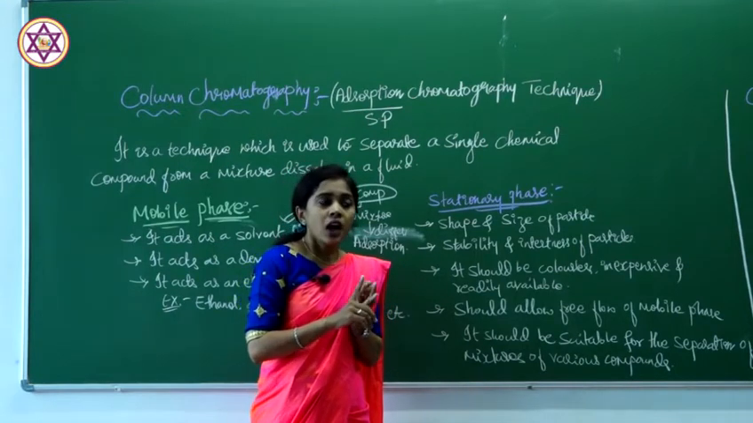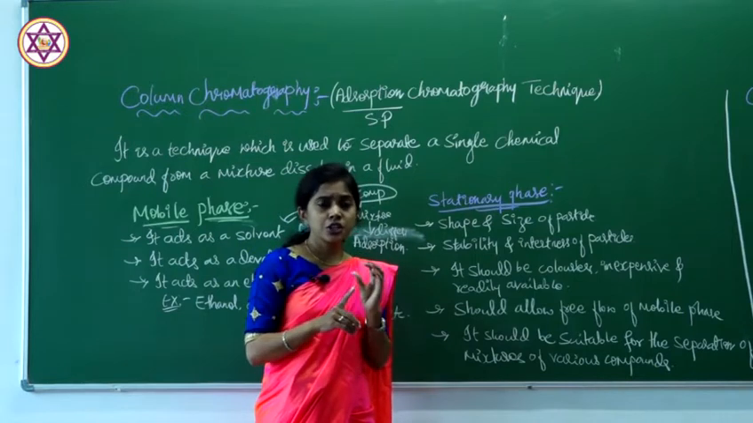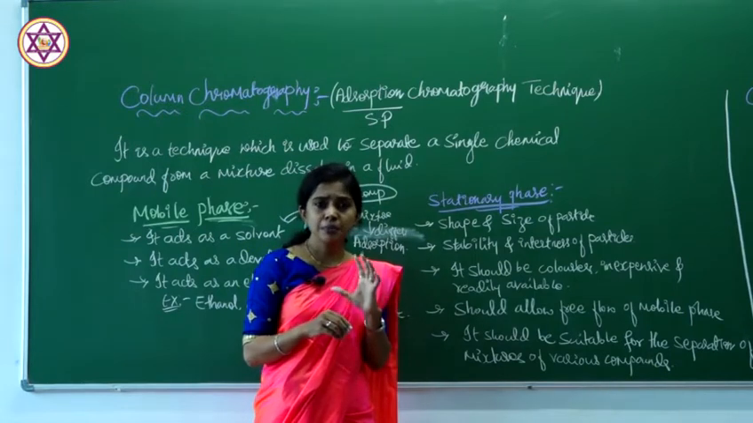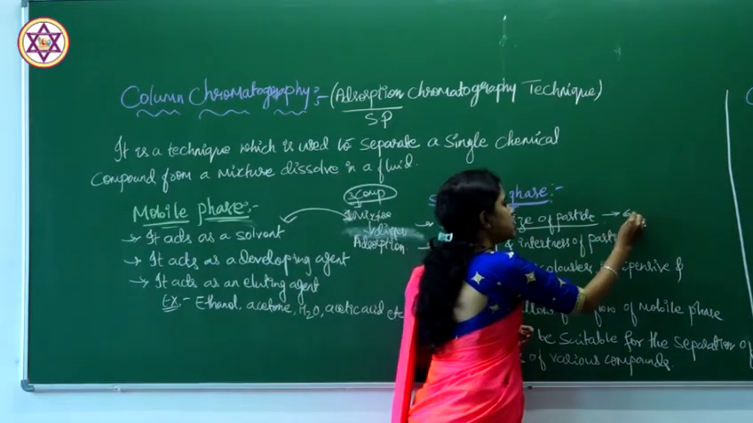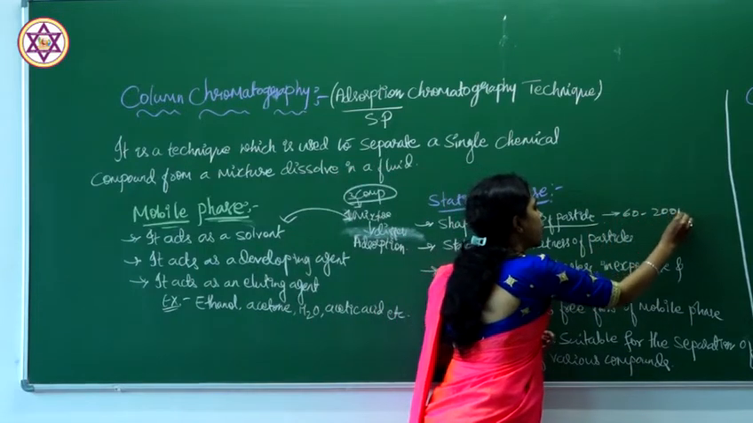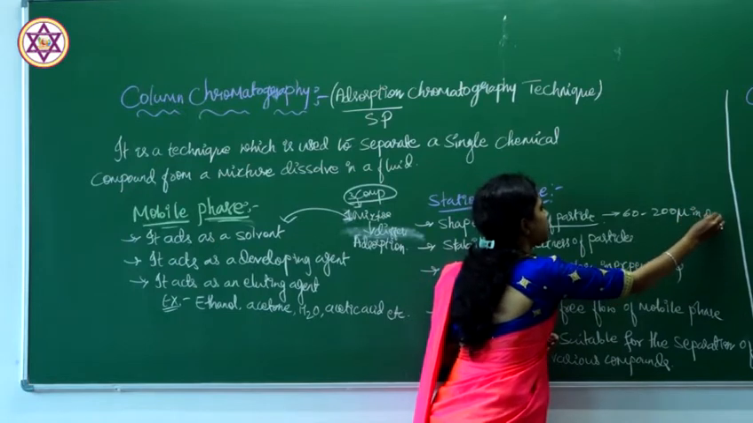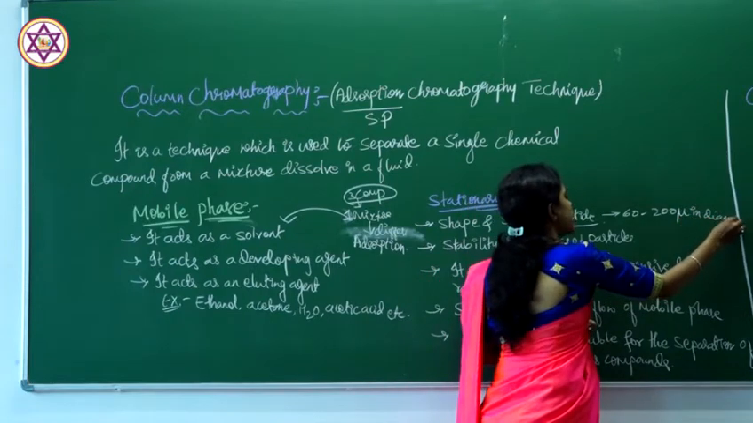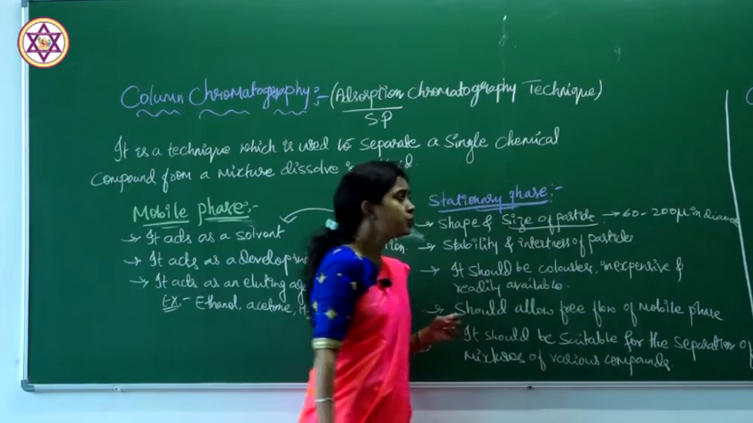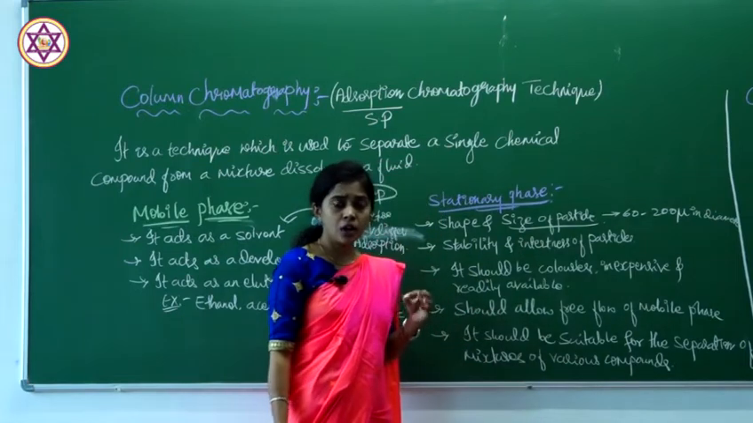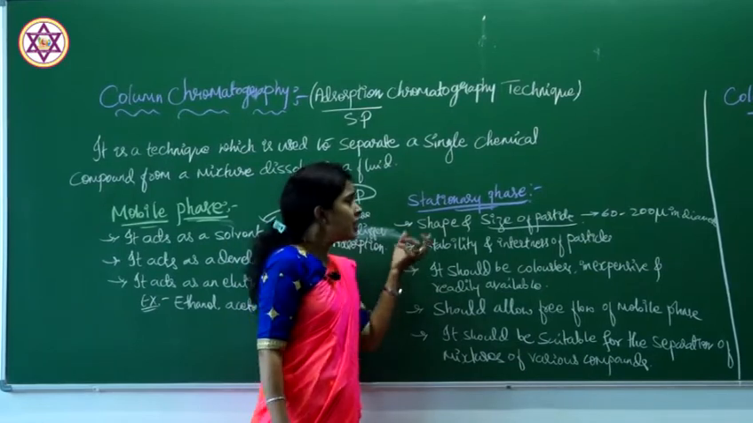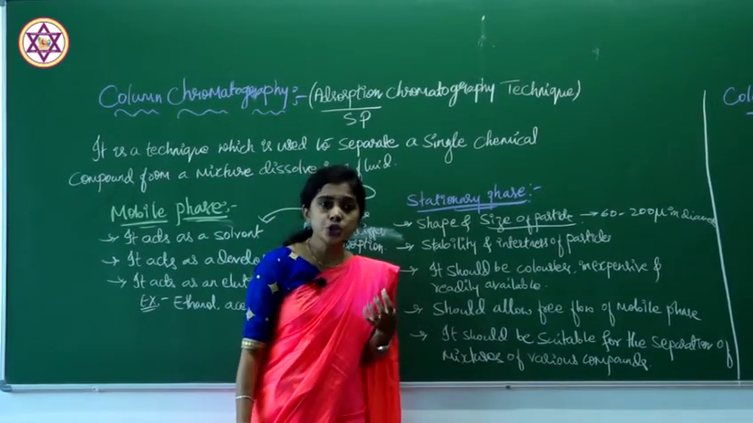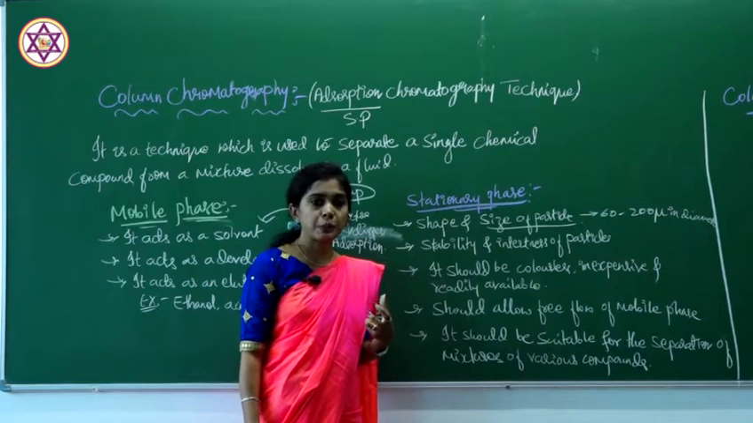What is the size? Its shape should be the same. The size of the compound should vary from 60 to 200 micrometers in diameter. And how should the stationary phase compound be? It should be